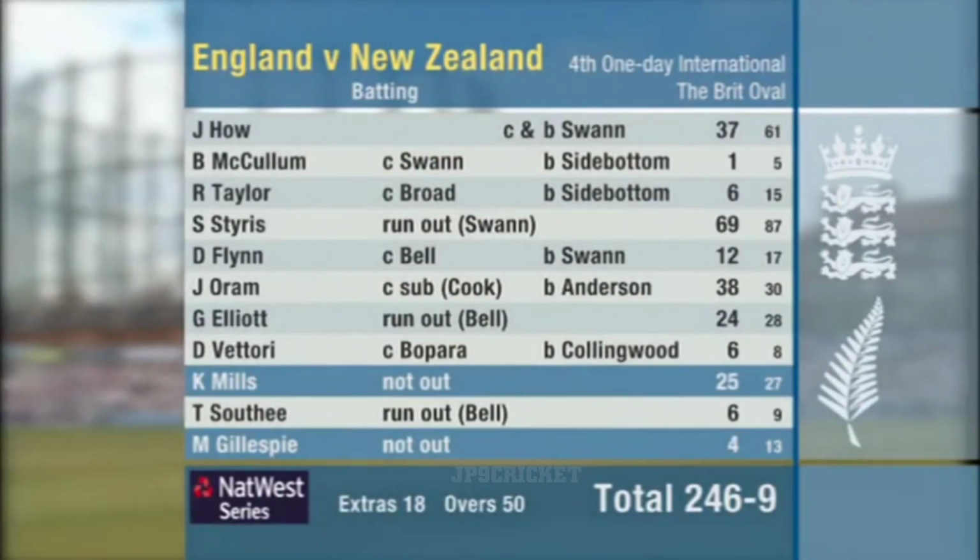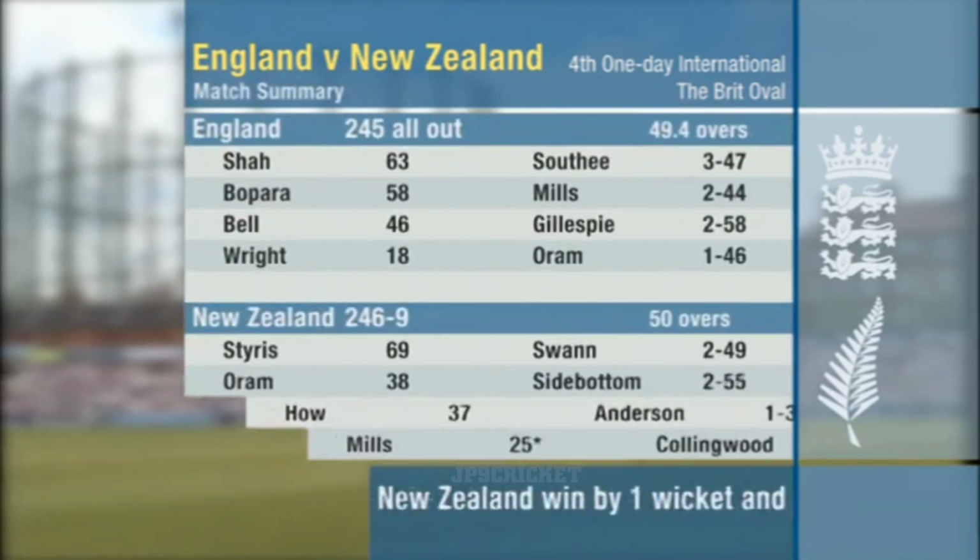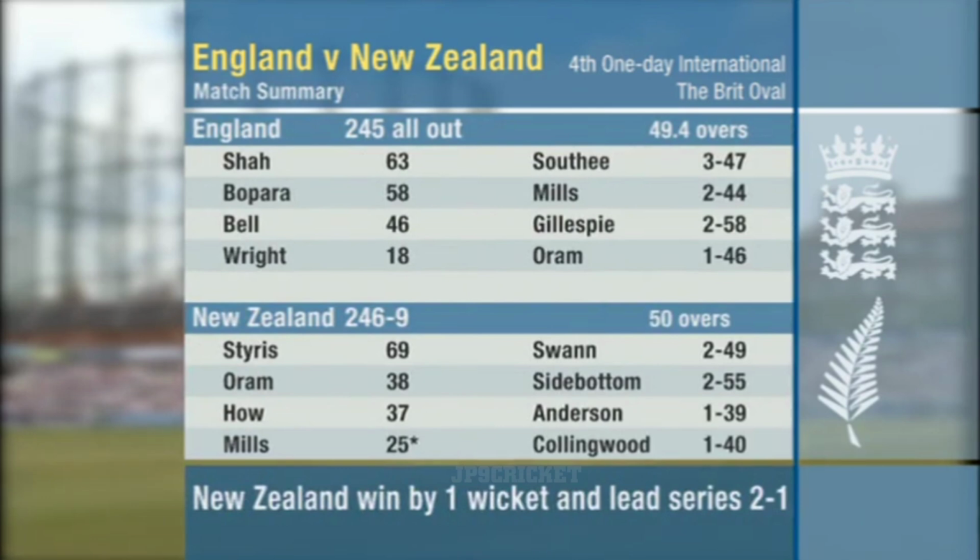The last part of that card is the bit that matters. Kyle Mills unbeaten with 25, and Mark Gillespie, the best 4 of his life for sure. He'll never forget his day in the sun at the Oval. New Zealand winning it by 1 wicket. They take a 2-1 lead to Lord's on Saturday. What a cracker of a finale we've got there. After the match, Paul Collingwood admitted he might have made the wrong decision over the run-out and apologised to New Zealand for